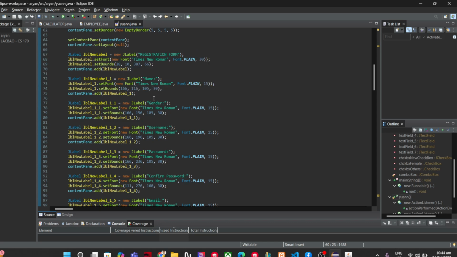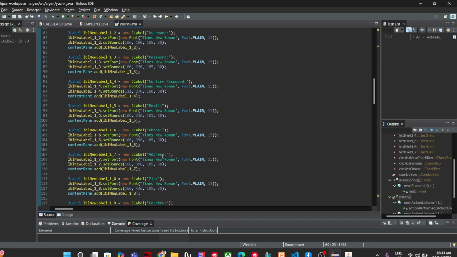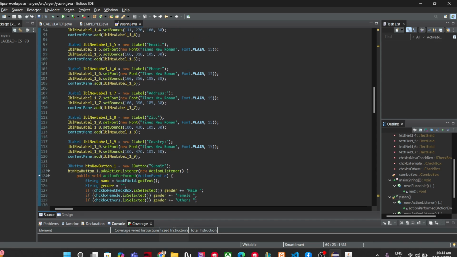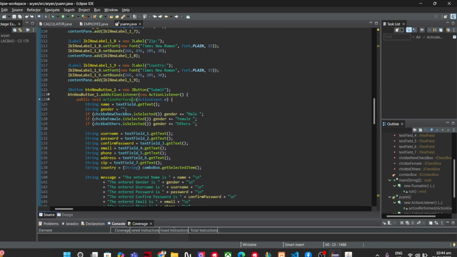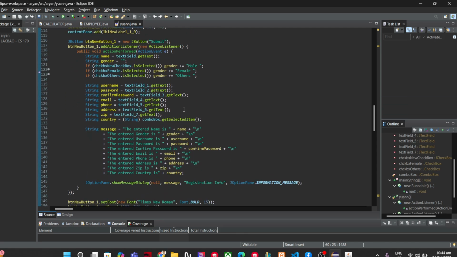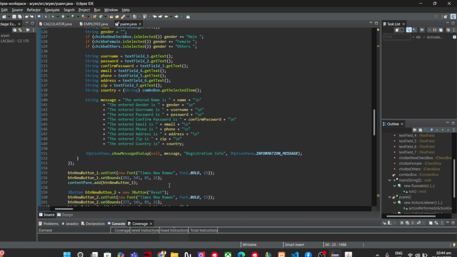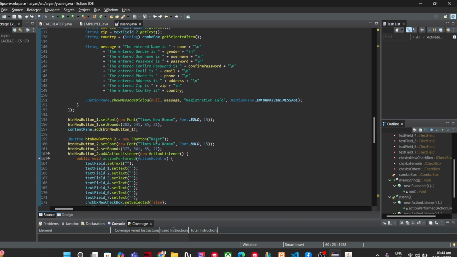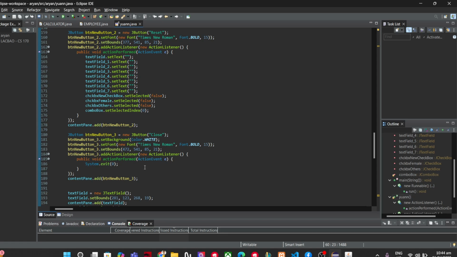The next is name, gender, username, password, confirm password, email, phone, address, zip, country, and the buttons are submit, then reset, and also the close button.